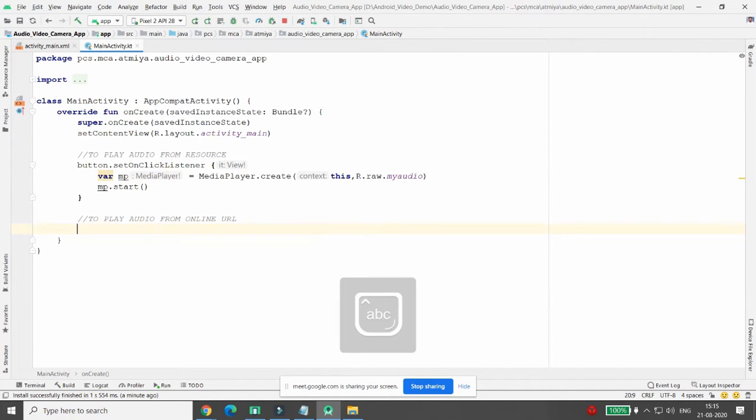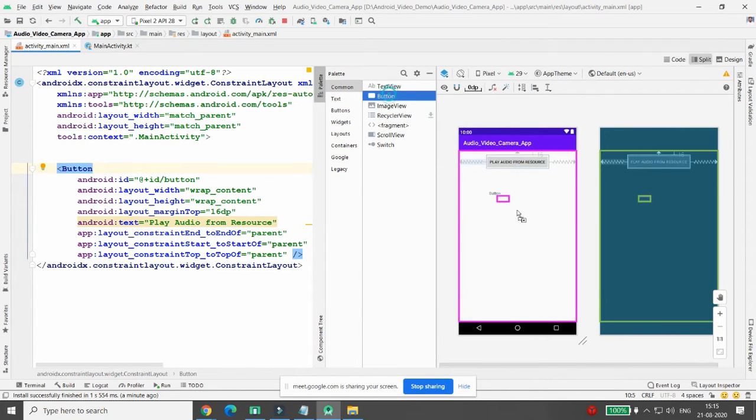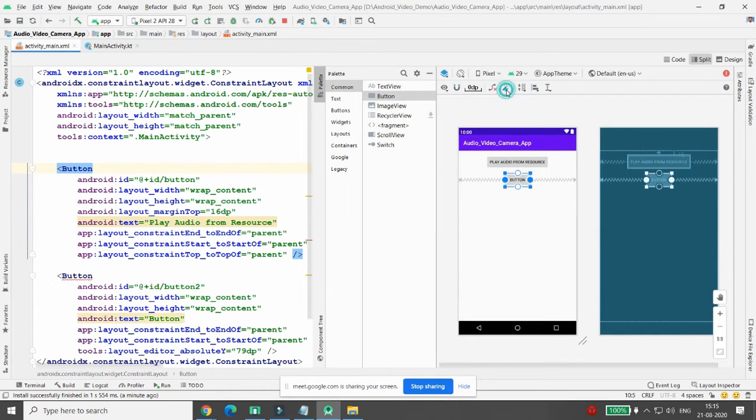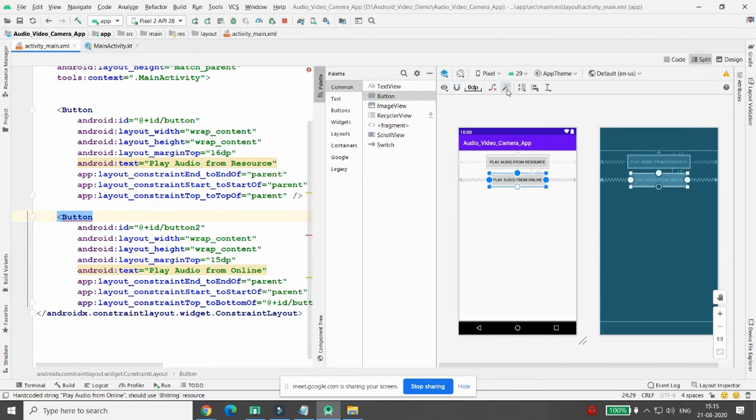So I'm just adding another button. You just need one more button over here. Here you can just click on infer constraints. Whenever the user clicks on this button, named play audio from online, I want to play music. Here you can just click on infer constraints. Yes, so the button will be